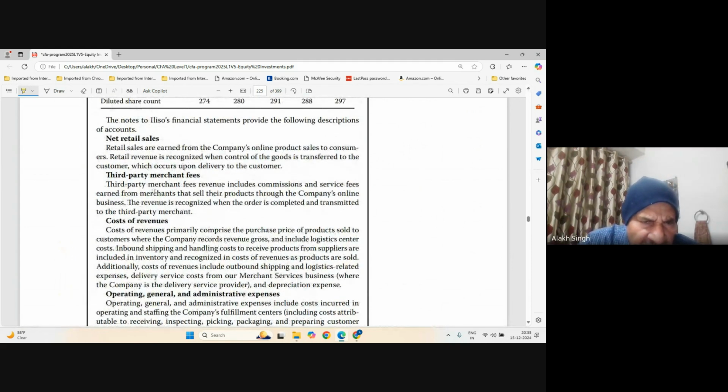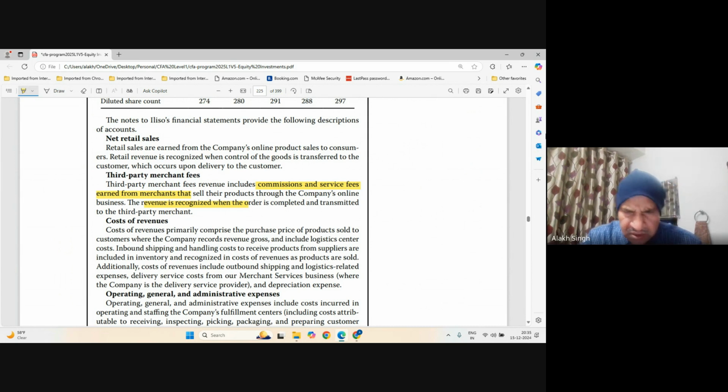Cost of the third party. Here is the third-party merchant fees. So the third-party merchant fees revenue includes commission and service fees earned from merchants that sell their products through the company's online business. This revenue is recognized when the order is completed and transmitted to the third-party merchant. So is the revenue recognized? This revenue is recognized, okay, but this is a merchant fee. So it is earning through merchant fees. Okay, is there any other? The cost of revenue primarily comprises